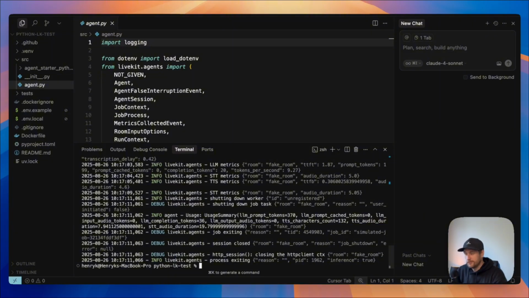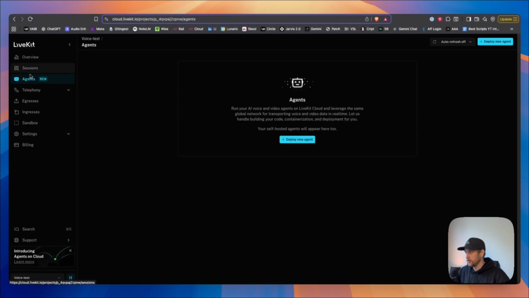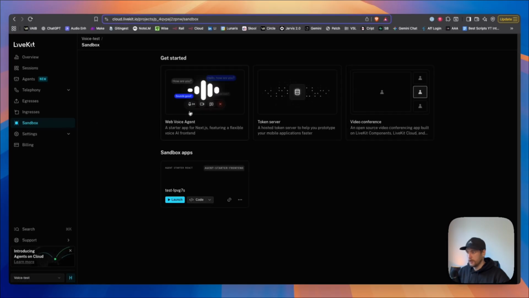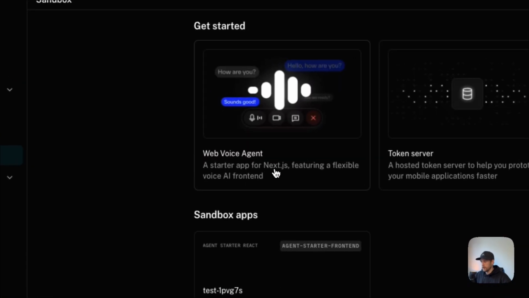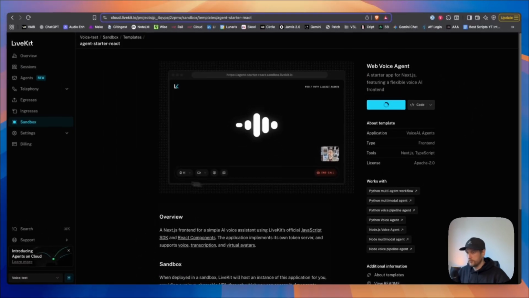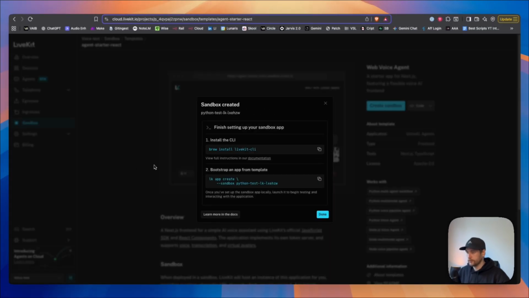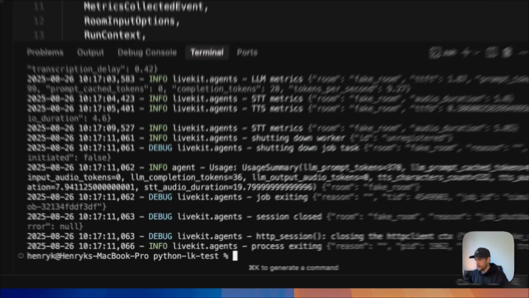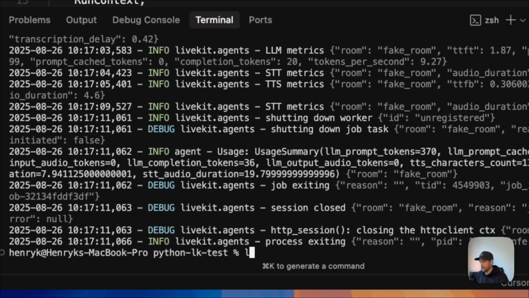There you go. Now to make this work on the front end, if you want to share it as a demo to people, now we simply jump into Sandbox on the left-hand side, click on Web Voice Agent where it says next.js, create Sandbox, give it a random name, then I'll call it Python test LK, and then we just create. Click on Done. Then we come back to our terminal and we type in LK